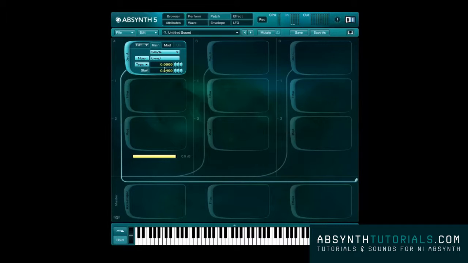The oscillator module provides two different sample-based modes, sample and granular. With these two modes, it's possible for you to use Absynth as a sampler, reading and playing back uploaded sound data in WAV and AIF audio format. Unlike conventional samplers, Absynth's emphasis is not on the realistic reproduction of sample instruments, but rather the creative possibilities